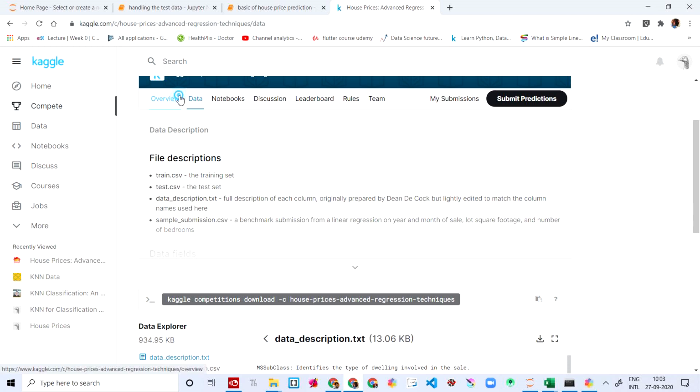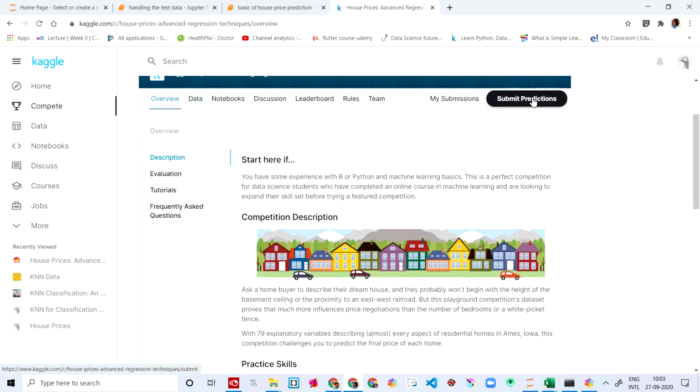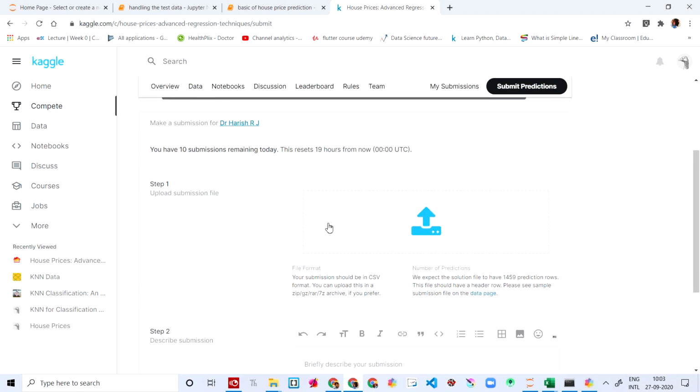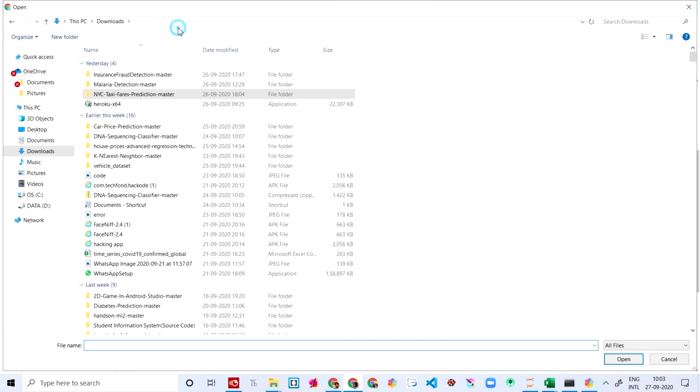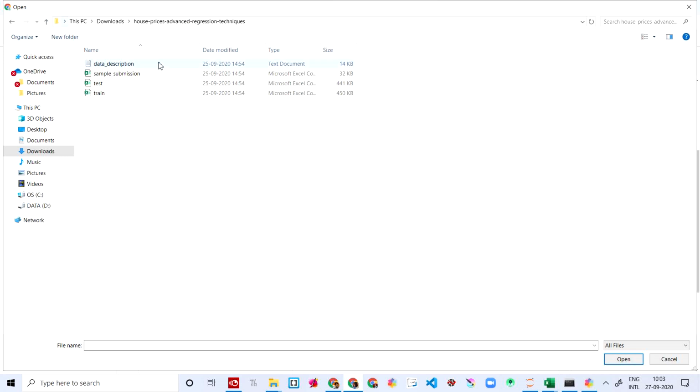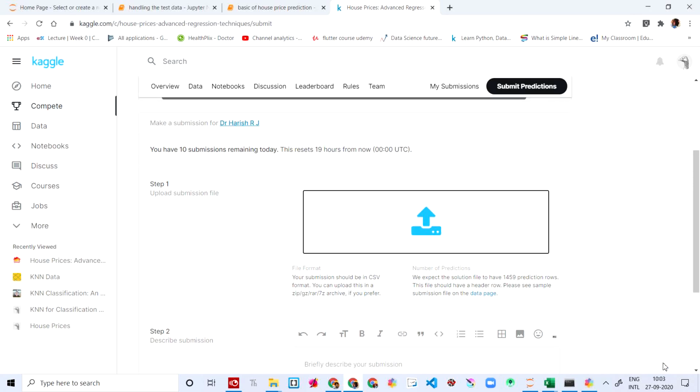If you want to submit, you click submit predictions and upload the file. But remember, you have to submit the sample submission, not the data description. Just download the data.